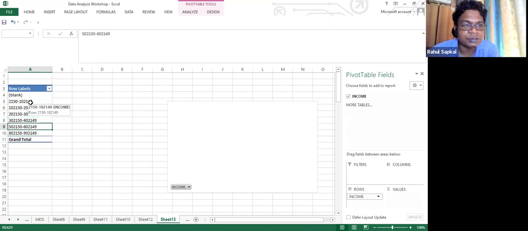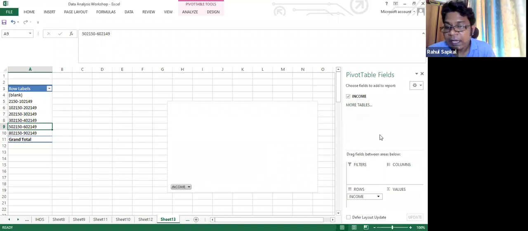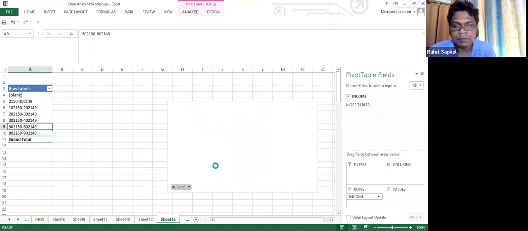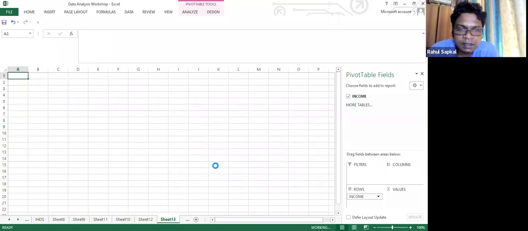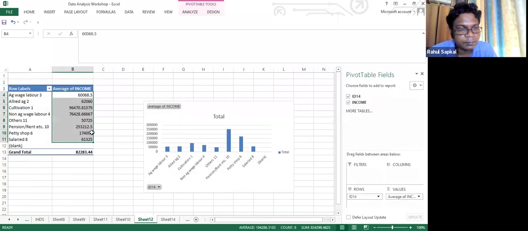6 class intervals you can actually make with the help of this. Now you can add more variables, but the moment you add more variables, it will ask you again for a new pivotal chart you have to create, and it will ask you to select the data. So I'm just adding more tables. I'm taking the row now from here as the class interval, and I will be taking data on the occupation group from the other table.